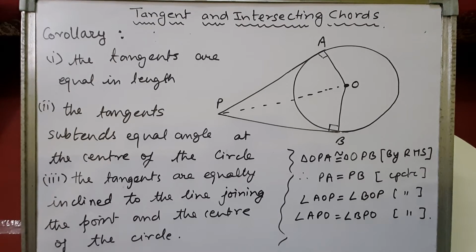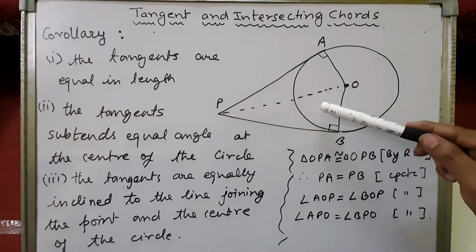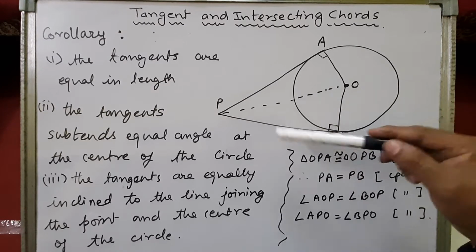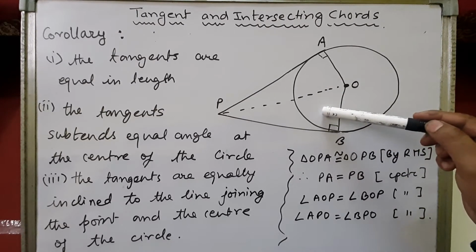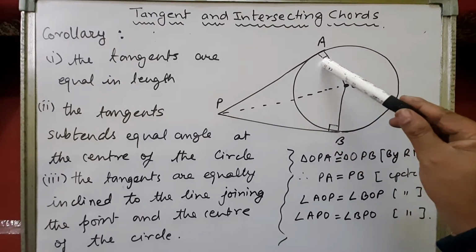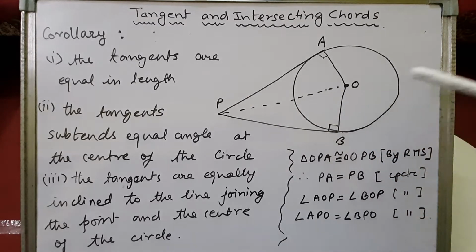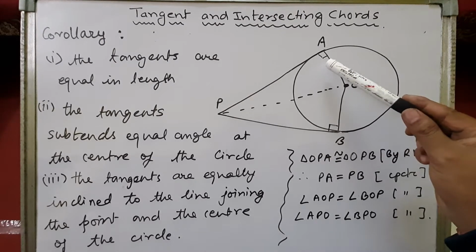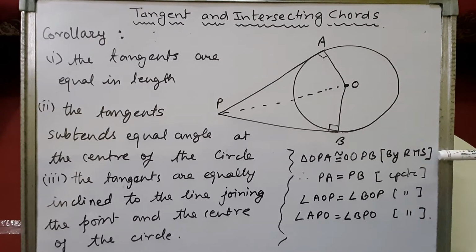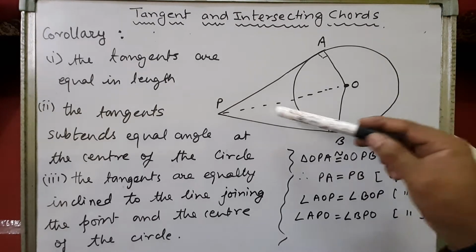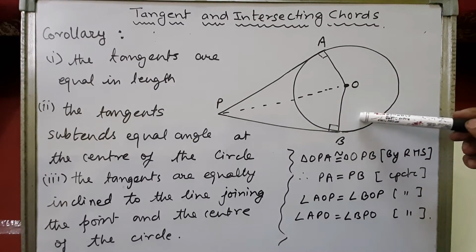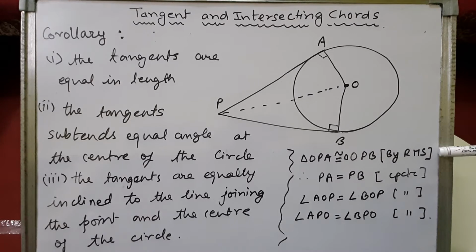Let's try to understand how we have concluded this point. Now simply you can see we have two triangles, triangle APO and triangle BPO, right? In these triangles we can see that one angle is 90, AO and OB are the radius of the circle and OP is common. So from this we can conclude that triangle OPA and triangle OPB will be congruent by RHS. This is a rule from which we can prove that the triangles are congruent: right angle, hypotenuse and one side. So we have one right angle, hypotenuse is common and one side is equal, which is the radius of the circle. So these two triangles will be congruent.